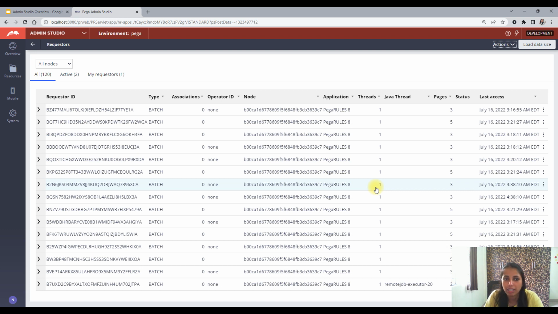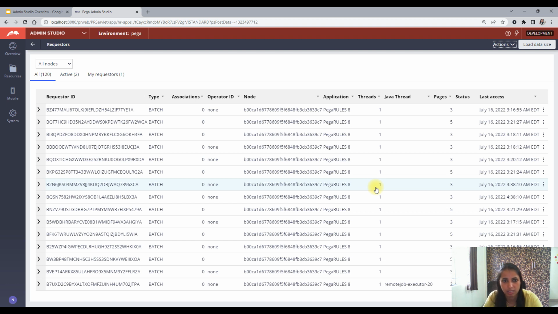Okay, you need to trace out what exactly is the issue. Without tracing, sometimes you don't understand what is going on in that particular scenario. Since it is production directly, you cannot check this by yourself. Production is very sensitive, only the end user can access it. So in that way, what you can do is log into the Admin Studio and